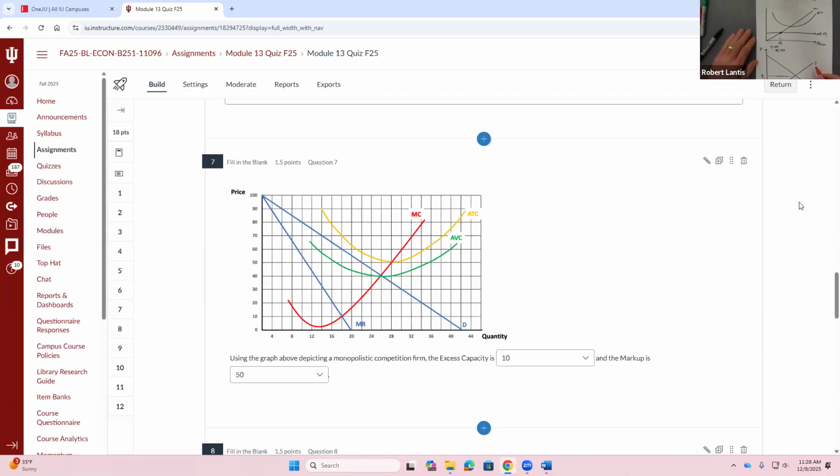If they exit the market, what happens to market supply? Fewer firms. Once again, this is not a cumulative exam, but we need to know that when we have fewer firms, supply was like the sum of all firms, so my supply curve is going to decrease, which is going to do what? Increase that equilibrium price until